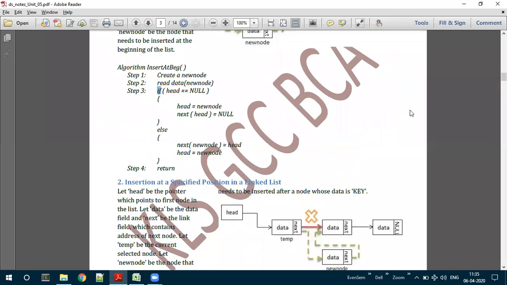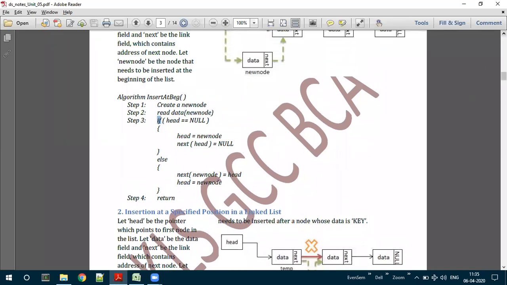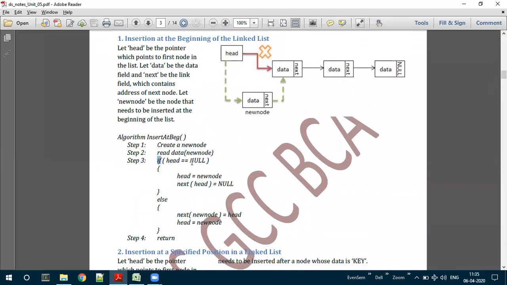If head is equal to null, meaning this head contains a null value, indicating the linked list is empty, in that case we just need to insert the newly created node to the head. So head equals new node.